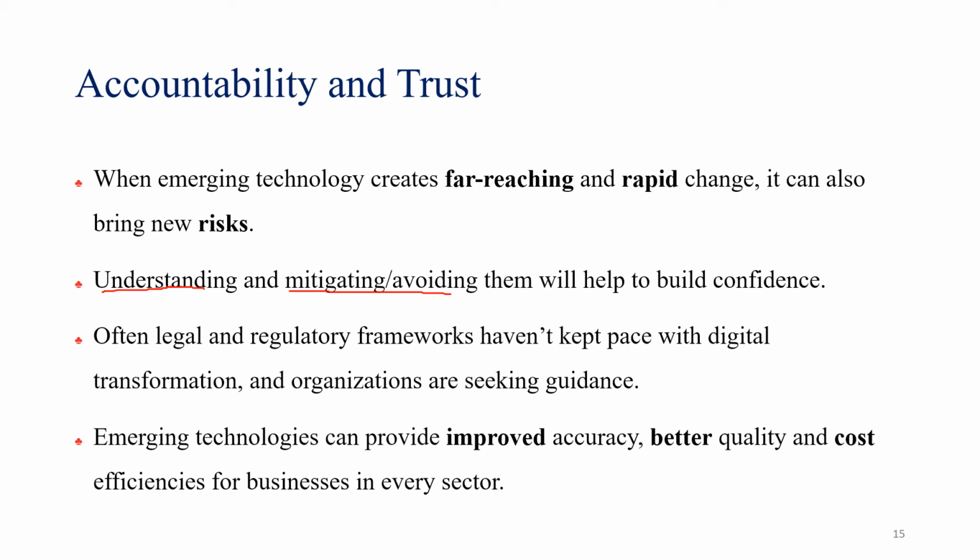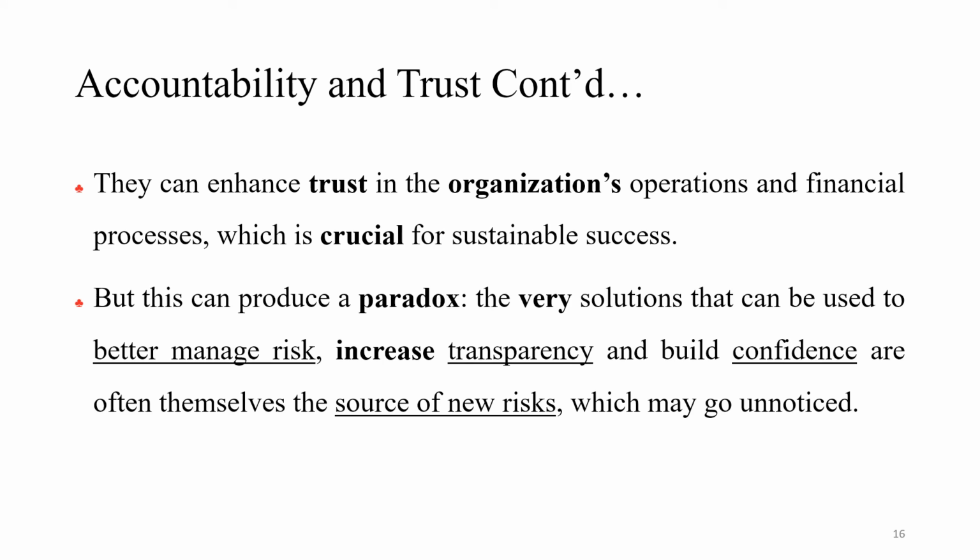And then the other thing is often the legal and regulatory framework hasn't kept pace with the digital transformation, and organizations are seeking guidelines for use. Emerging technology can provide improved accuracy, better quality, and cost efficiency for businesses in every sector. And then accountability and trust can enhance the trust in the organization's operations and financial processes, which is crucial for sustainable